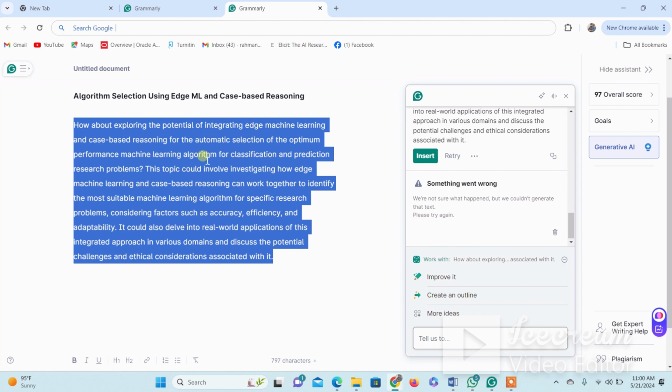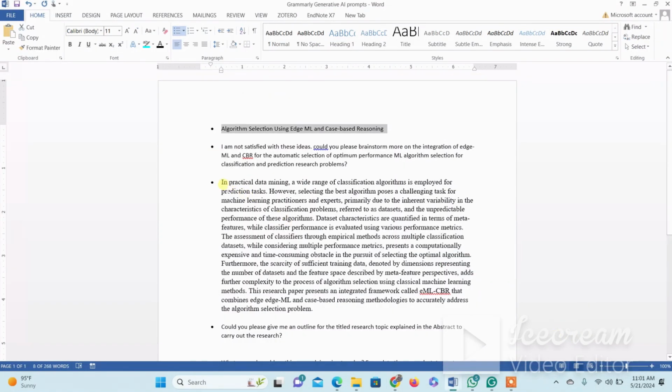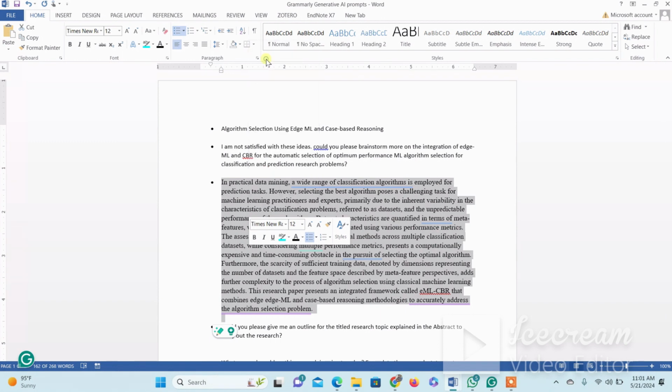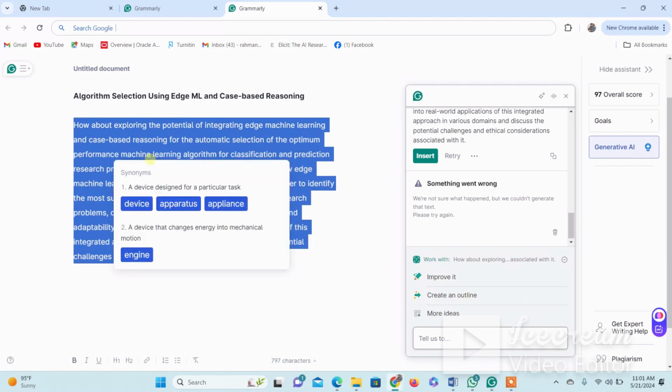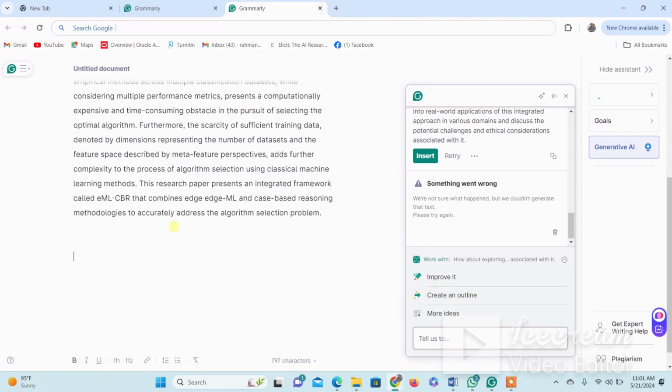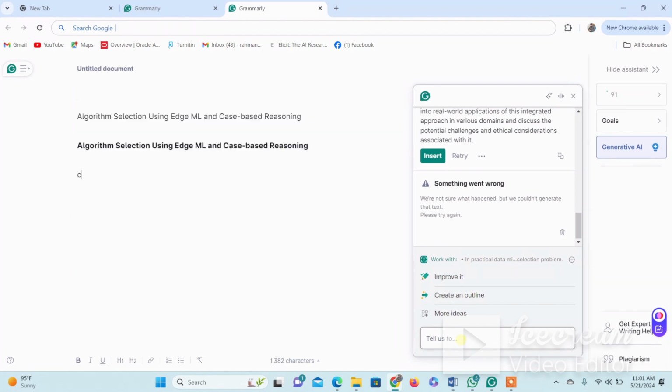So based on this initial input which has been provided to me by Grammarly generative AI, I'm going to update this, making it a rough draft abstract of my research. For example, I updated it according to the guidelines provided by the AI assistant. I'm going to update this section with the updated text, and now I'm asking Grammarly,